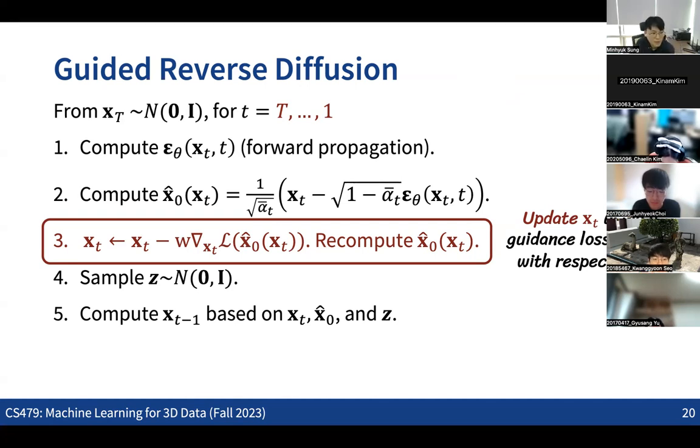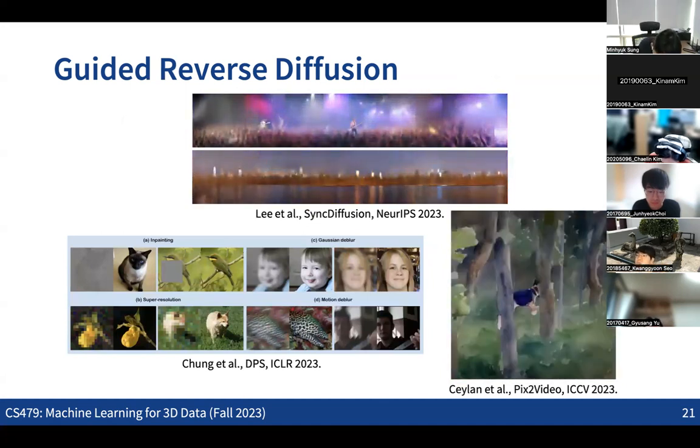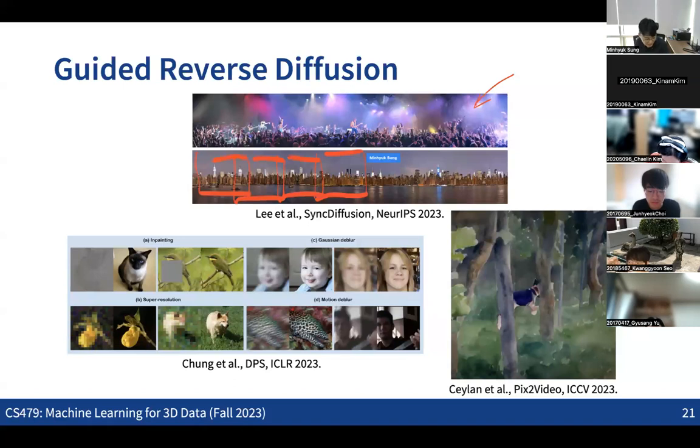There is a lot of work using this idea, and one of them is actually our research. This can also be used in panoramic image generation. These are some of the examples where we are generating multiple images with some overlap on this big canvas, while minimizing the seam across the frames and also minimizing the style difference with guidance in the reverse process. And the same idea can be used in video editing as well. So let me replay this.